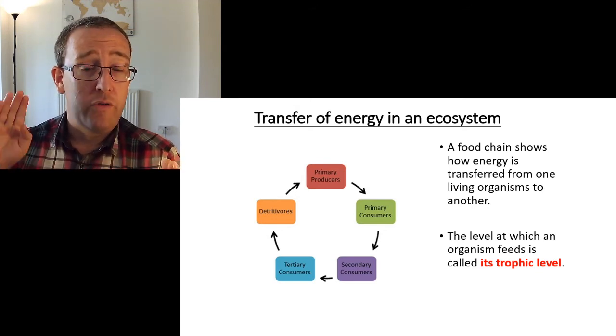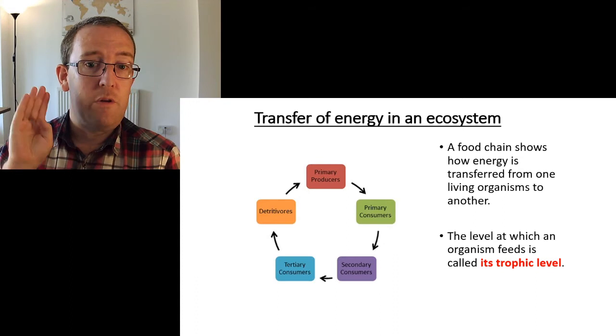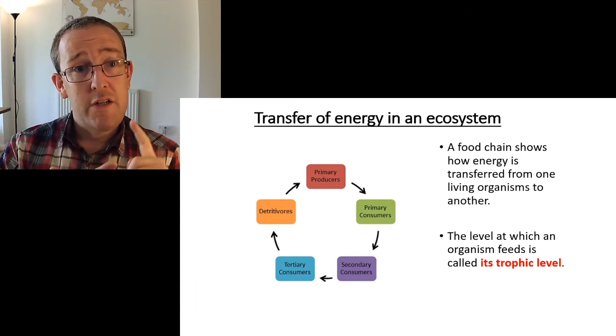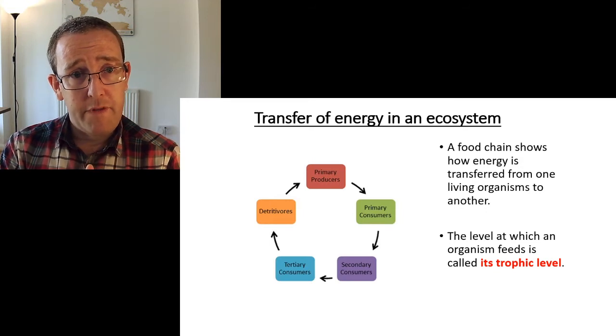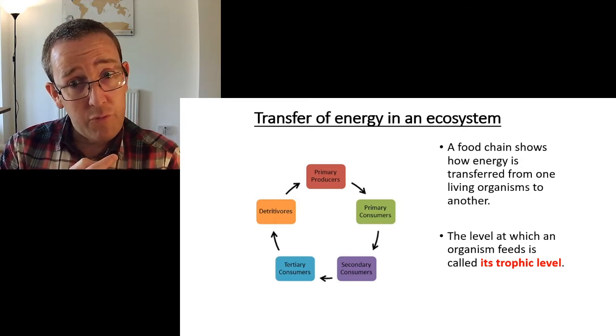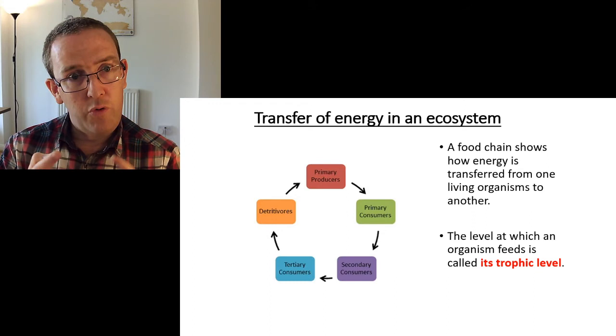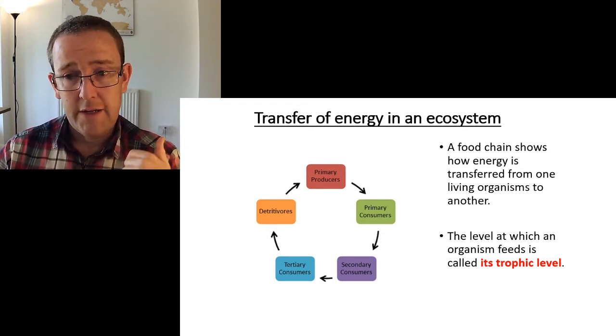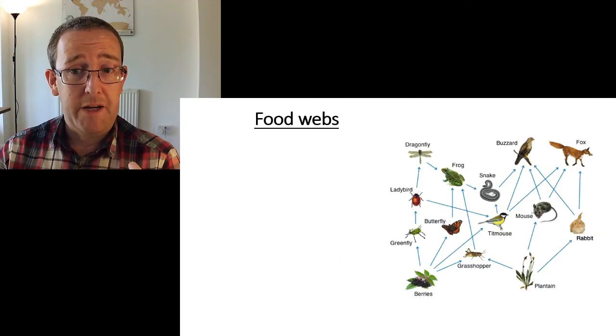So we've got primary producers, primary consumers, secondary consumers, tertiary consumers. You can have quaternary consumers if you want. Detritivores, and then trophic levels, carnivores, herbivores, omnivores. Lots and lots of keywords, and make sure you're getting them specific, please.